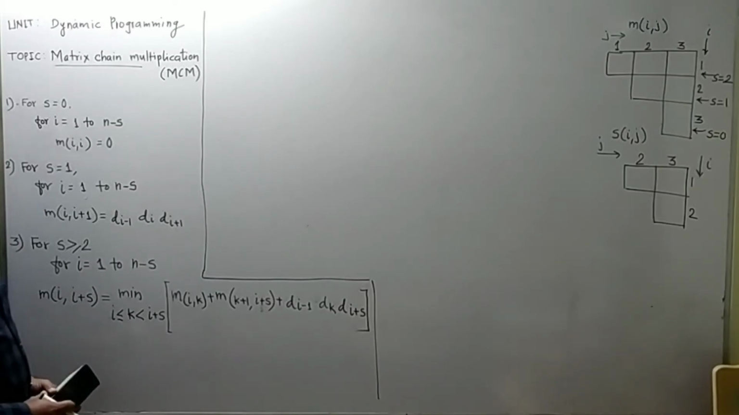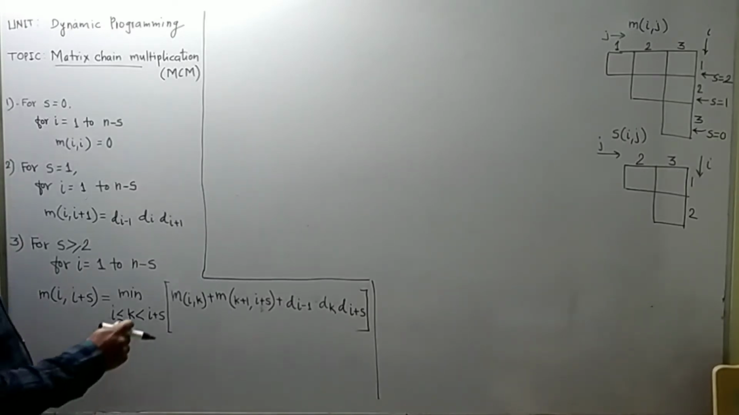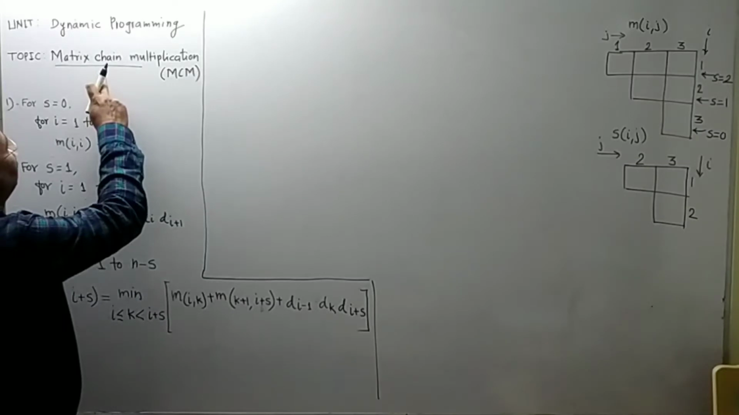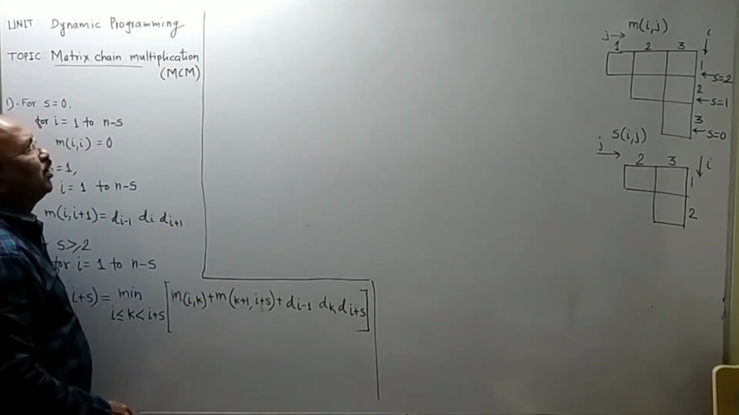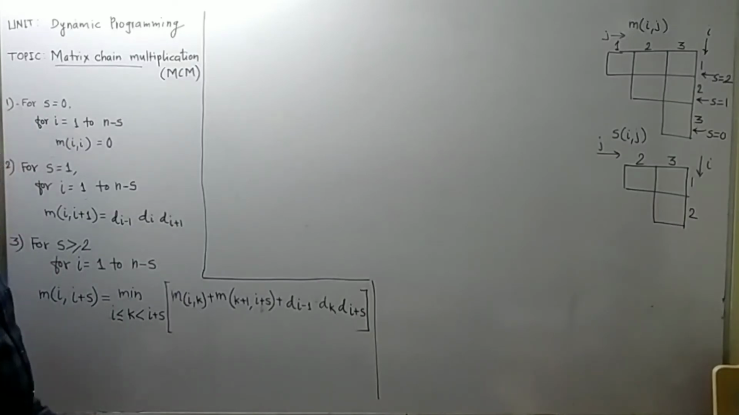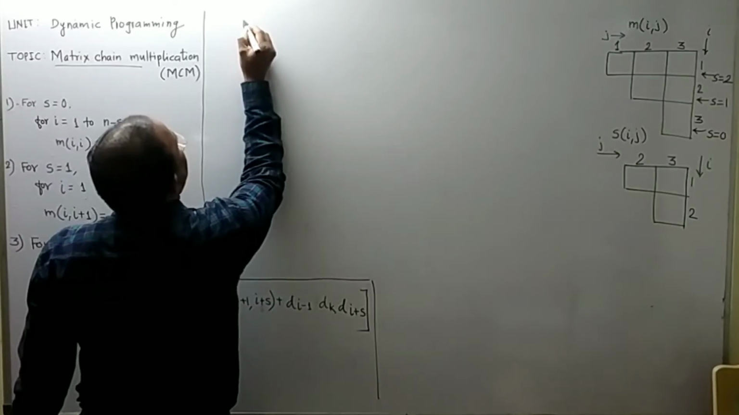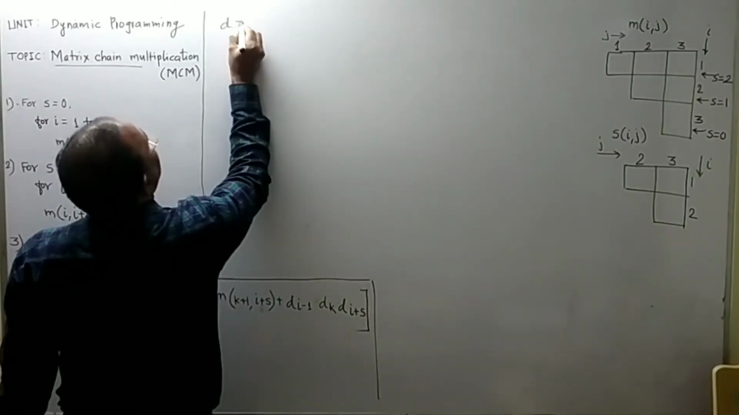Friends, in this video we will discuss a numerical problem based on matrix chain multiplication. Inputs may be given in terms of dimension vectors or the size of individual matrices. Let us see, dimension vector D is equal to